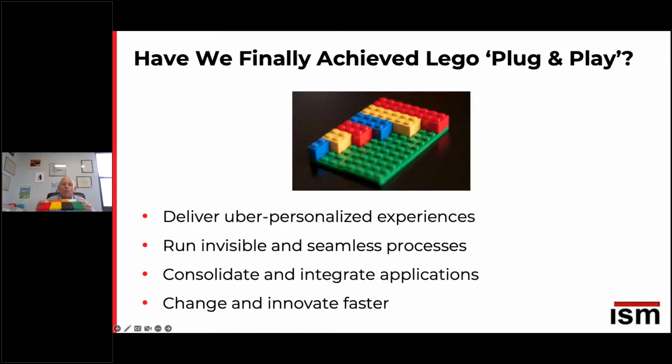And the whole concept was Lego building blocks. The concept was we could take an app and simply plug it into the Lego base plate, and then have an app that would allow us to achieve what we were trying. That was the whole concept of Lego plug and play. And it would be my observation, which I humbly submit, that Creatio is pretty close to finally achieving Lego plug